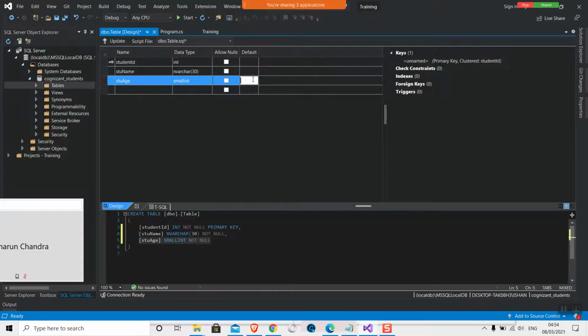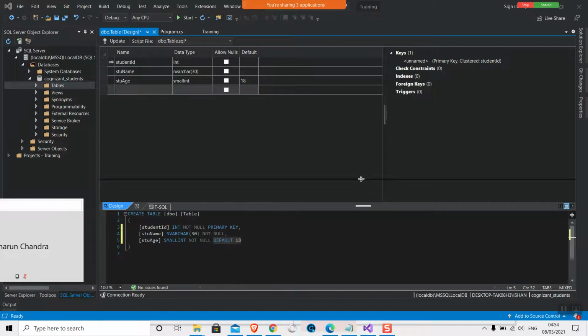I will make it compulsory, but as the default age I want 18. Age can vary, but the minimum age of the student I want to be 18. So I write 18 here, and this way it will be fixed. At least 18 will be filled in all the rows. So as of now, my table has been created.